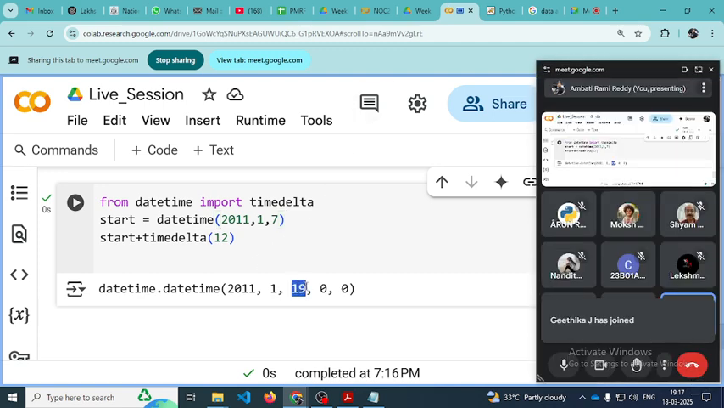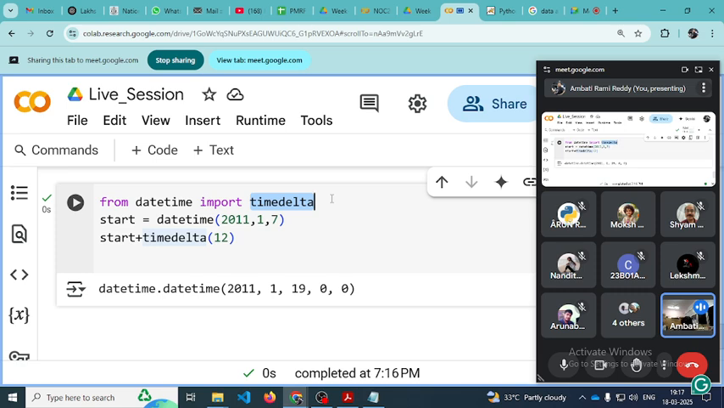See here, this is my updated date. This is January 19, 2011. So like this we can do. But if you want to do these things, you need to import this library, timedelta. Similarly, not only have we seen subtraction and addition, similarly, you can see